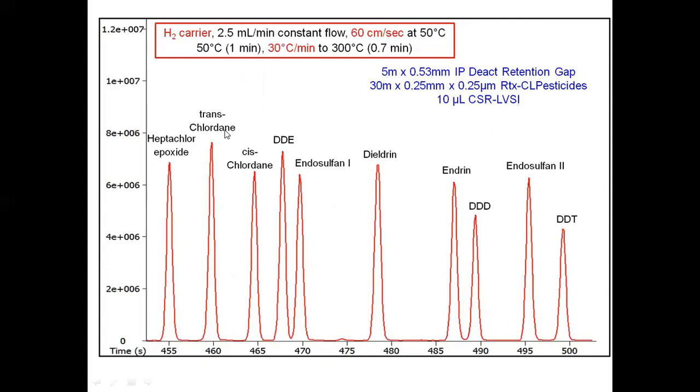In this chromatogram you can observe the chromatographic conditions presented for the separation of a variety of pesticides, by using hydrogen carrier gas, adjusting the flow rate of 2.5 ml per minute at a constant flow of 60 centimeter per second, which we can vary. 50 degrees Celsius will be the initial temperature, and that can be varied up to 300 degrees Celsius. This may be in order to do the gradient elution.